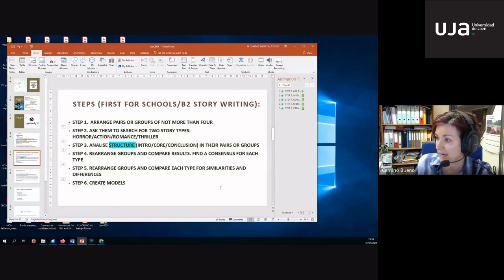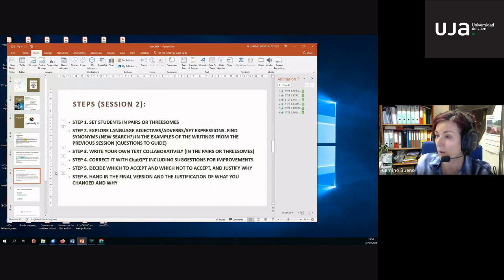Then the following day, when they come to class again, you set students, again in pairs or in threesomes, and what they do with the same stories is explore language, that is the kind of adjectives, adverbs, set expressions, and find synonyms.